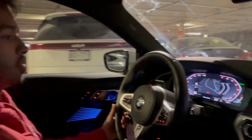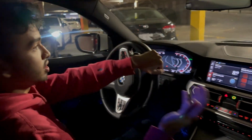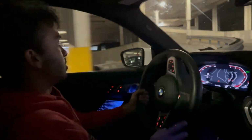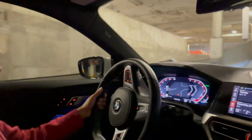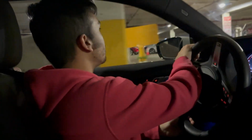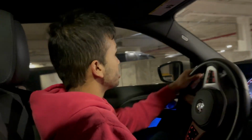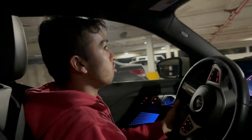So to sum up, this is pretty mid-spec. It's got the M Sport and it's got the convenience package. As you guys can see, we have a sunroof, we have ambient lights, so this isn't totally base. We have little M over here on the steering wheel, and this car retails for about $44,000. So for that package, you are getting a really nice sports coupe. And if you guys don't really require all that much space, then this is pretty much the perfect car for you. I mean, it can fit 4 people if you so require it, but